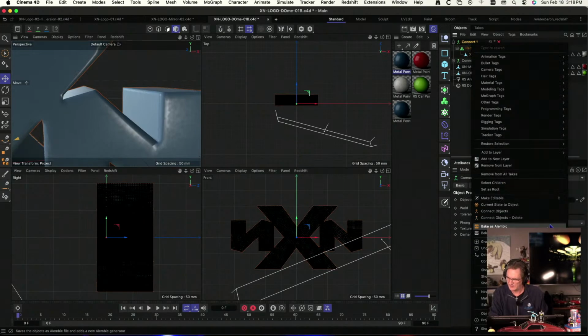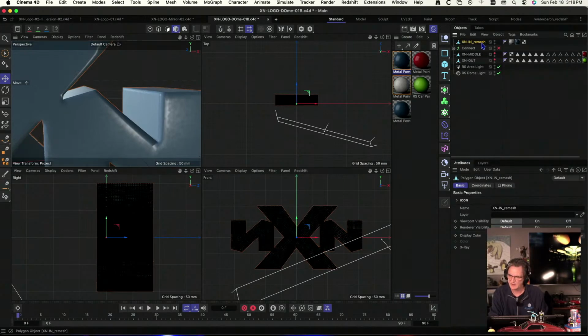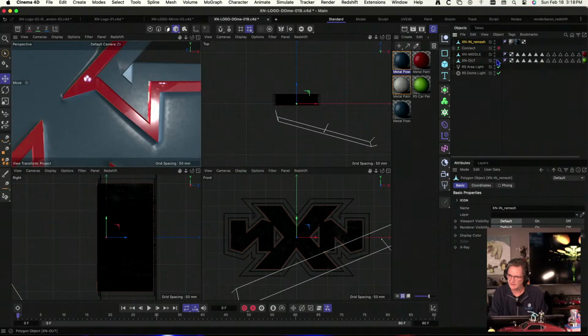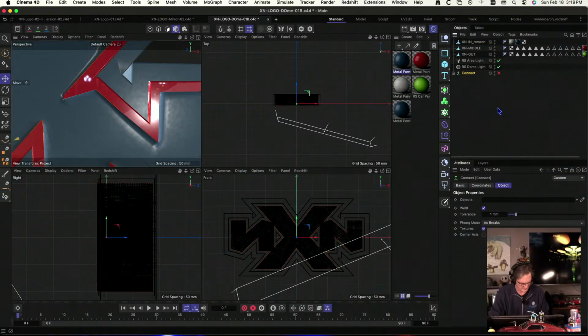So we'll connect it, connect objects and delete. And that's the XN in. So XN in, XN middle, and XN out. And we'll take this connect and move this down here because that's a spare. And we'll call it connect in